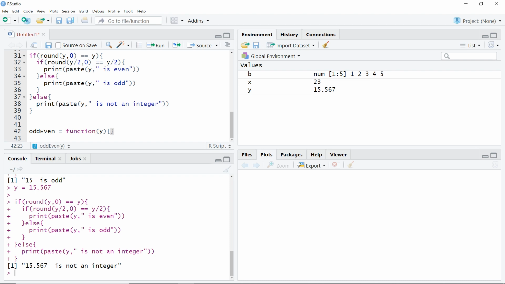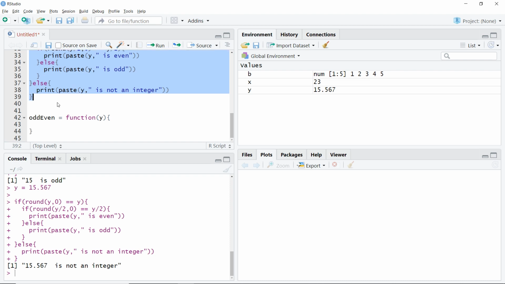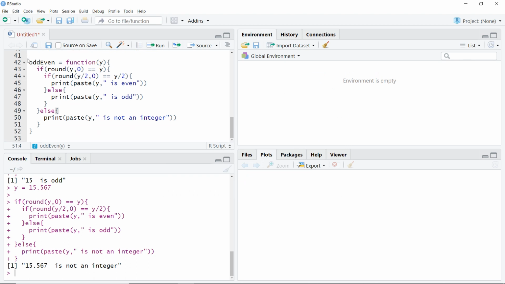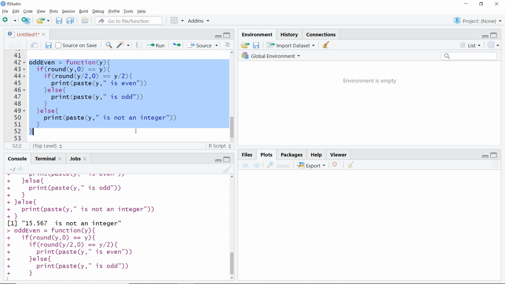Now in our curly bracket we write our statement for which we are writing this function. So I'll just copy this and paste it here. Now if you are wondering that we have used y already here, it does not matter, it will replace it anyway. I'll clear this so that there is no other value defined before this. So I'll just take this into consideration and press Ctrl Enter.